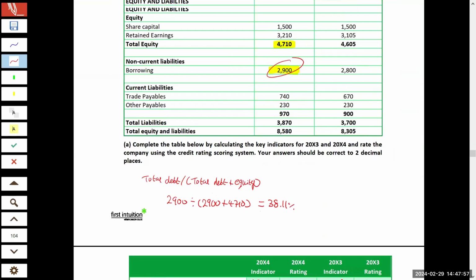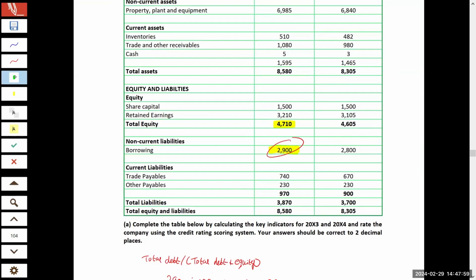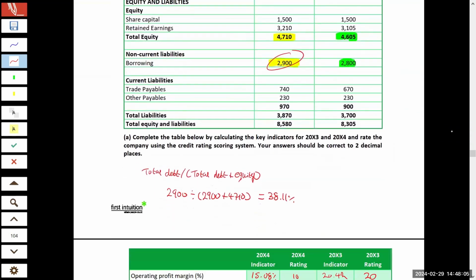Do the exact same thing for the previous year now. I've got the total borrowings and I have the total equity. I've got all the figures I need. Total borrowings, total debt, 2,800 divided by a figure that is my total debt plus my total equity. Convert it into a percentage, however you prefer. Gives me a grand total of